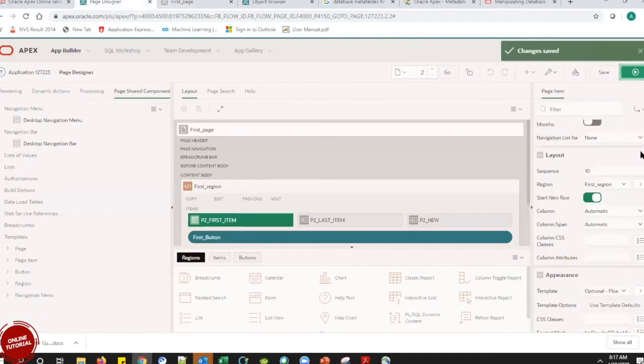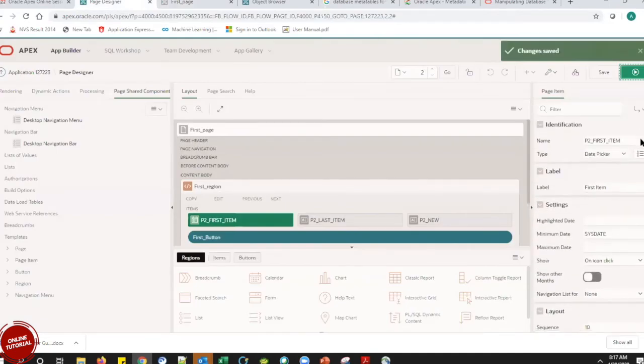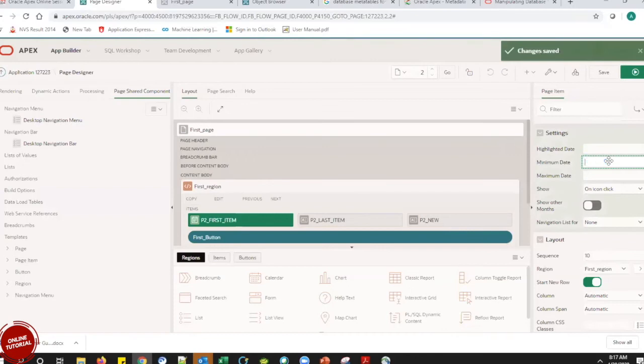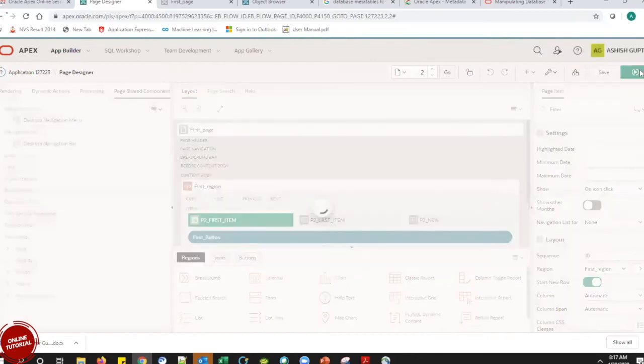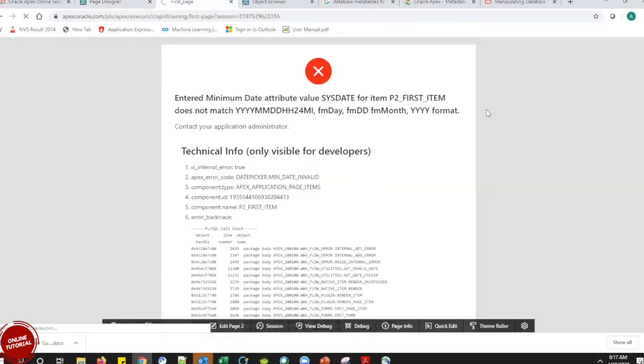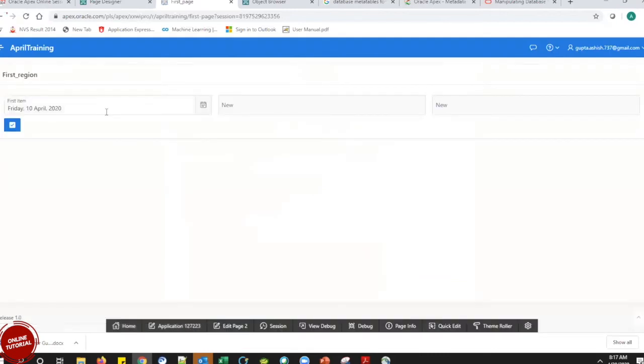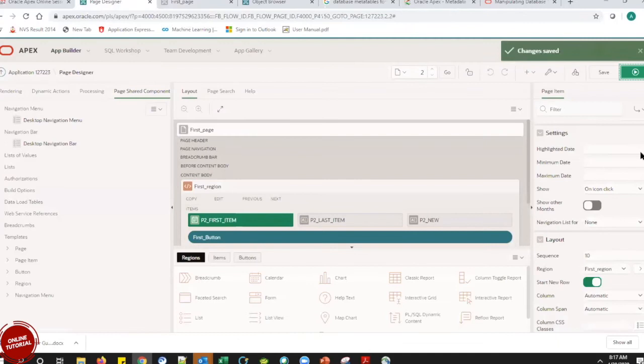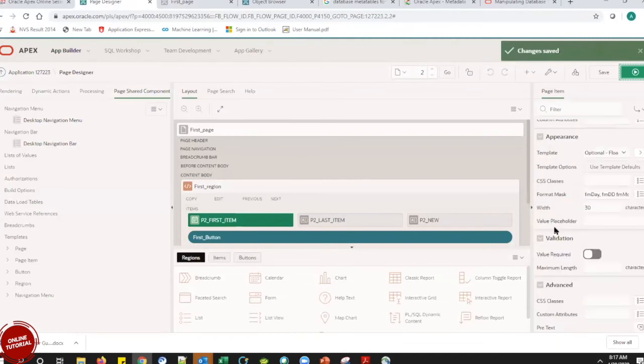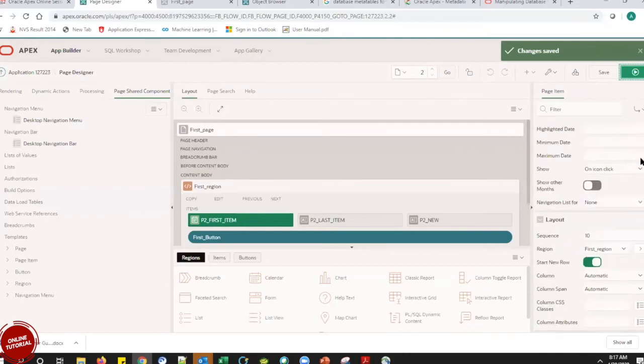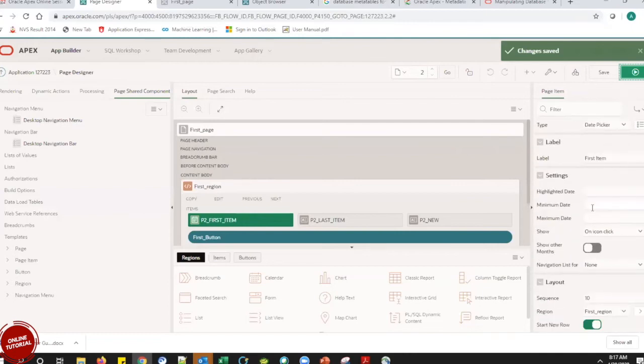No, it is not possible. It is not possible for me from here to keep the sysdate and keep that validation directly. I have to write that validation myself. I can keep the format however I want it to be seen in the front end screen from the format mask, but I cannot keep this validation whatever we were trying to write over here right now, the minimum date and the maximum date. That is what I was trying to show you.